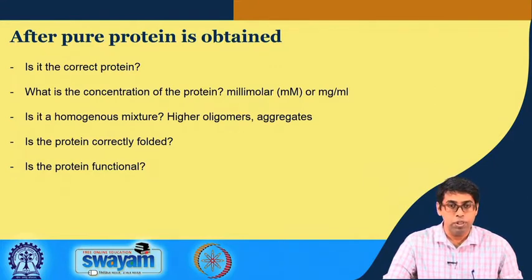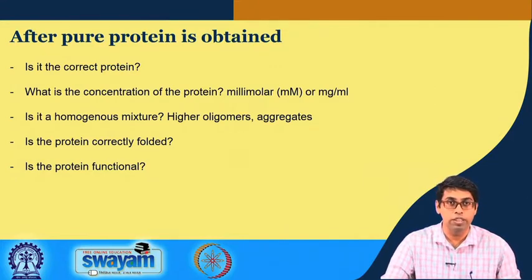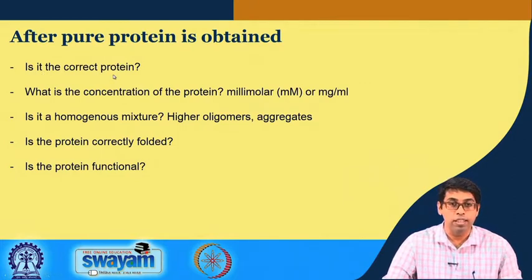Once we have this pure protein in our hand, we have to ask ourselves several questions. The first one is whether the protein that we got is the correct protein. Is it the one that we intended to purify? Because what you will see is just a colorless solution, okay? And just by looking at it, it is very difficult to tell whether it is the correct protein or not, unless your protein has some color or fluoresces under UV or some other characteristics which make it easy to identify. So, the first question we have to ensure is that we have the correct protein in our hand. Then we need to ask how much did we get.